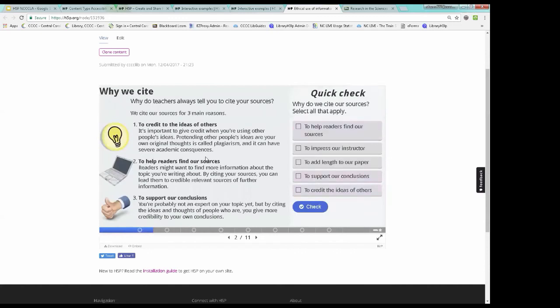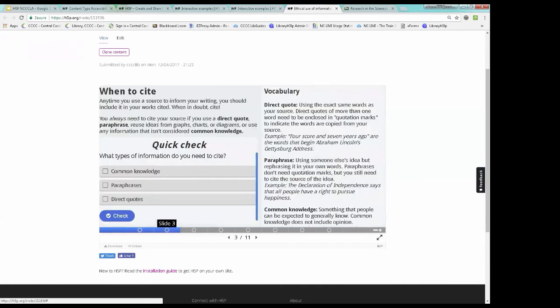So one of the things I'm going to talk about shortly is best practices, and I'll talk about some of them while we're doing this. Keep your modules or your tutorials short. We try to keep them under 15 slides because we feel like that is about the energy and attention span that a typical student will have to complete something like this before they start losing interest. Also, use clip art, use color, use pictures, make it as engaging as possible so that students do feel that almost gamified vibe to it.